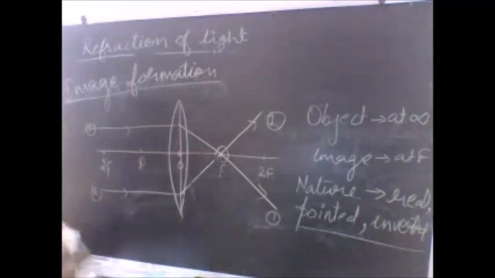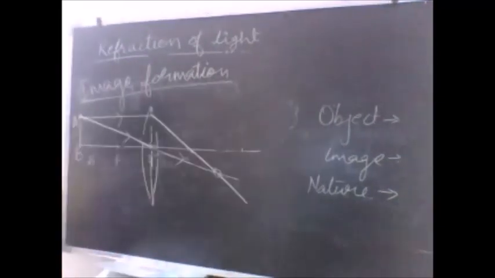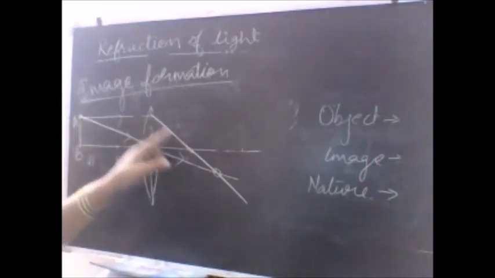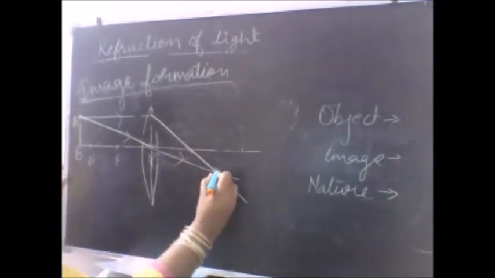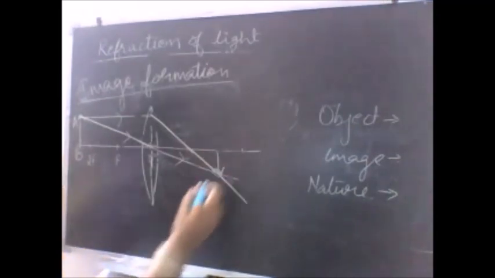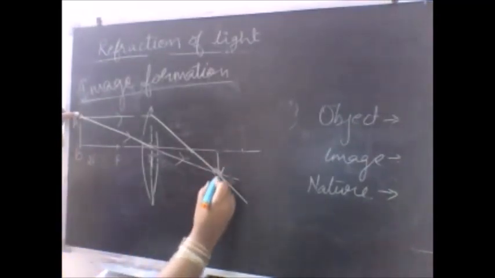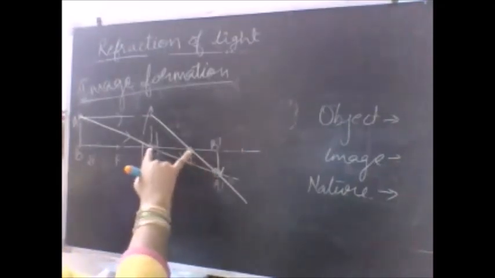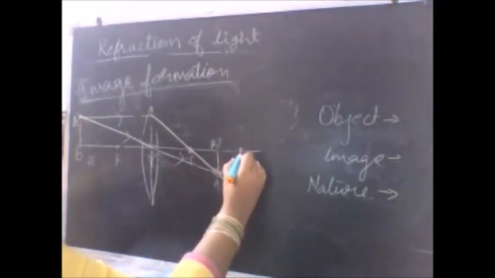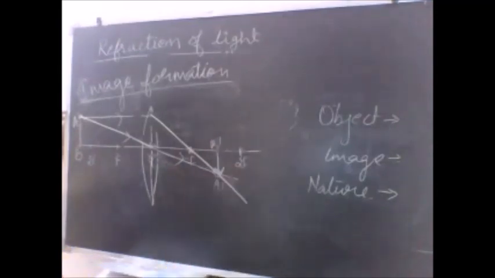So let us take the second ray diagram very quickly. In the second image formation, I have taken the object a little closer to the lens, beyond 2f. Two rules: one rule is parallel to the principal axis will pass through focus, and the second rule, passing through the optical center will pass undeviated. And somewhere here the light rays are meeting. I'll draw a perpendicular. For this point A, I am getting this point, so let me call this A dash. This point is B dash here. This is your focus, and by measure you have to take the second point here, which is 2f.